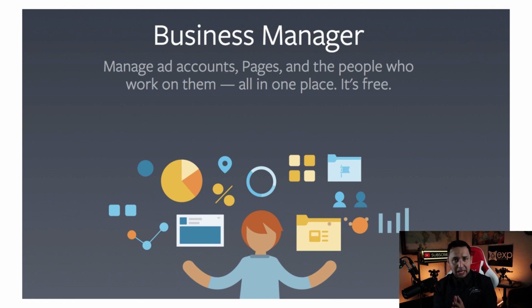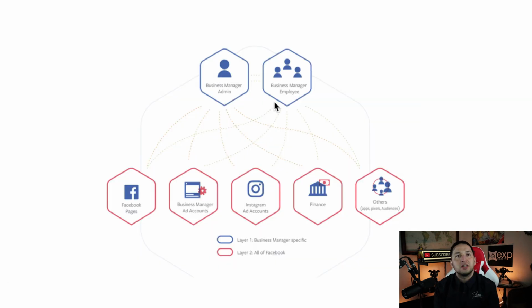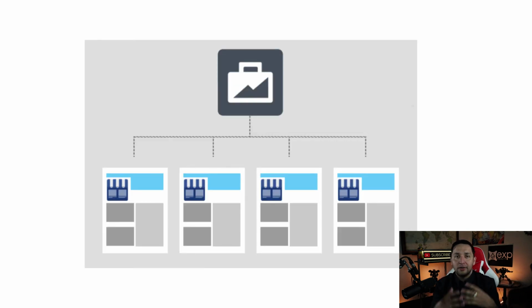When you create your business manager account, you now have the ability of creating another ad account within it. So I'll show you a little graphic here. This is your business manager account, and you're able to create different assets, whether that's storage, whether that's ad accounts. So you have the ability to control business pages, create different ad accounts for Instagram, and control the finances, so the credit card information, where it goes. You can add people to your page and take people off of your page, add people to your ad accounts and take people out of your ad accounts. You have that ability and that control.